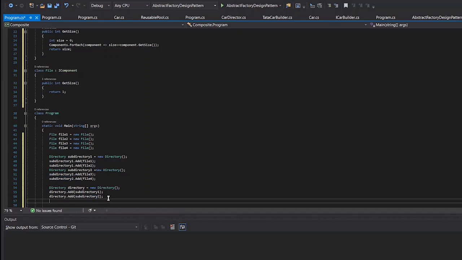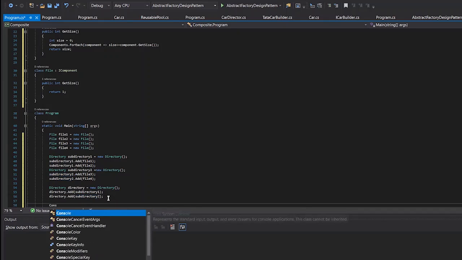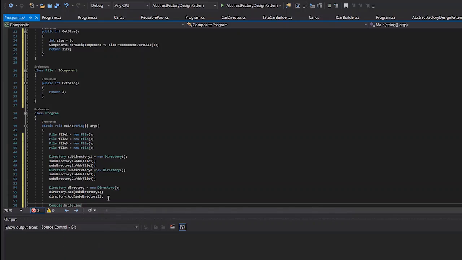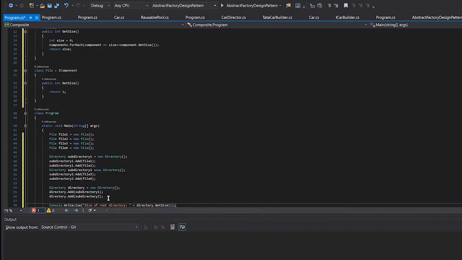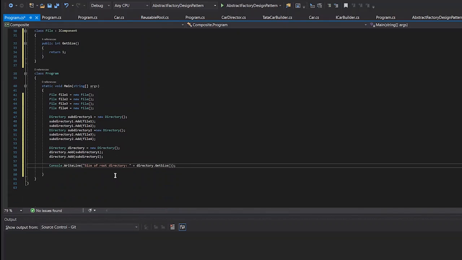Now just to test our application, let's console.writeLine and print out the size of root directory equal to directory dot get size. Since it internally consists of 4 files, it should print out size of root directory 4.